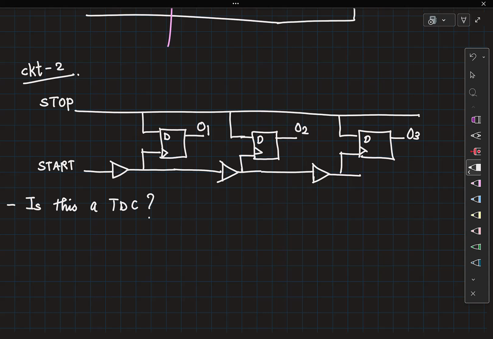And the second part is, if so, how should I interpret the output? And you can assume that these buffers, let's say, have a delay of 50 picoseconds. So you are free to discuss in groups and then give me an answer.